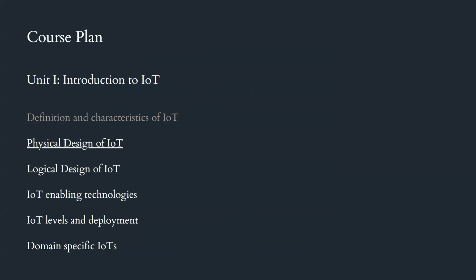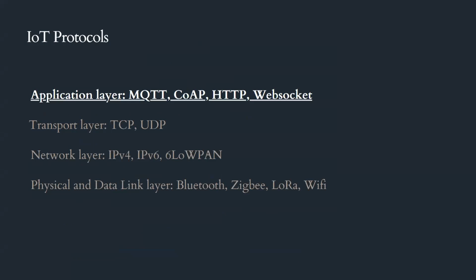We have covered the introduction to IoT, where we discussed the definition and characteristics of IoT. So the basic definition and the components of IoT we have discussed. When we talk about the physical layer design of IoT, we started with the hardware components required for IoT networks, and we discussed the sensors and hardware microcontroller boards that are normally used in the IoT system setup. After that, we discussed what IoT protocols are normally used in IoT